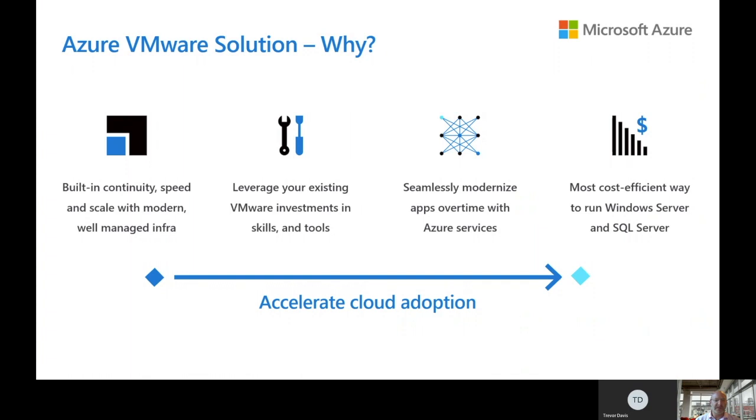So, of course, there's a lot of additional benefits that come along with leveraging cloud services by moving these workloads from your data center into Azure and running them on the same platform you do today. You can accelerate that time to modernize your applications by leveraging adjacent Azure services, which may not be accessible or realistic from your current data center environment. What we're seeing is there are services inside of Azure that customers are now able to take advantage of because of the proximity of their vSphere cluster,